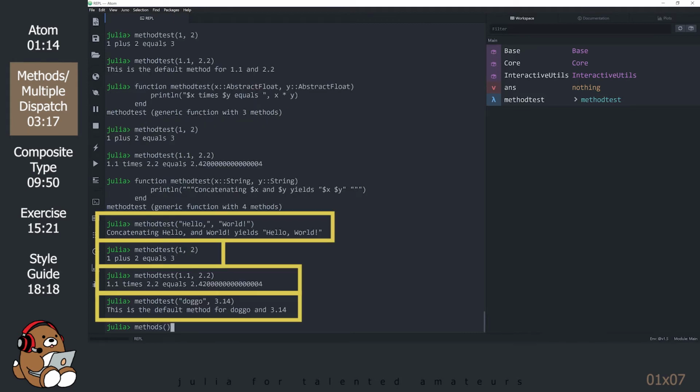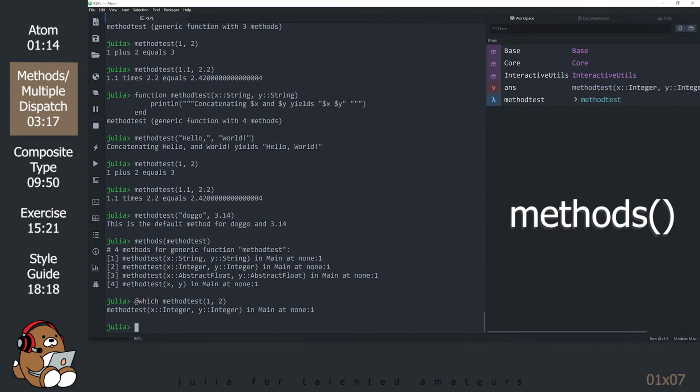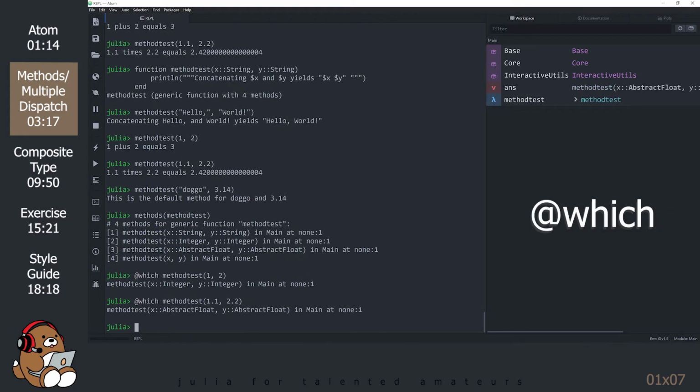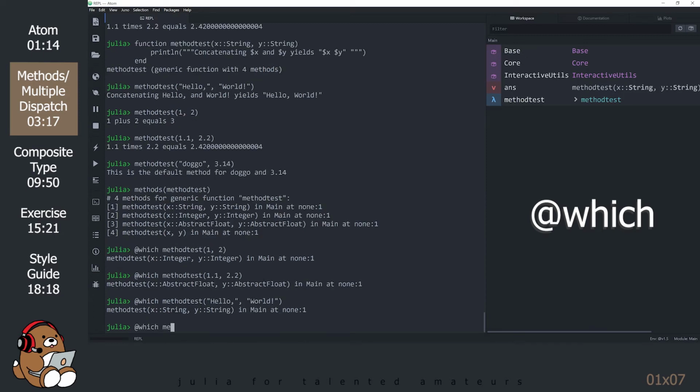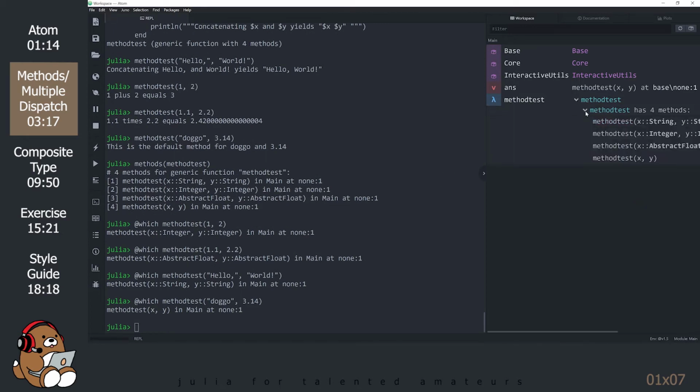You can list the different methods that you have established by using the methods function. You can check which method is being used by using the @which macro. You can also see the different methods listed in the Workspace panel.